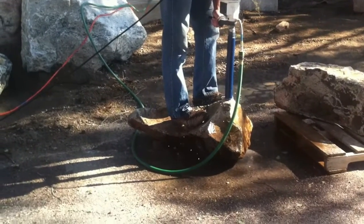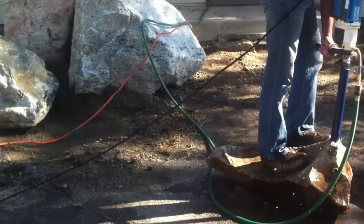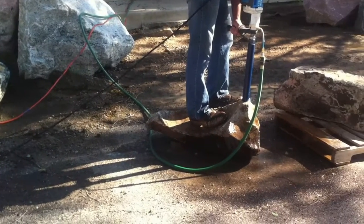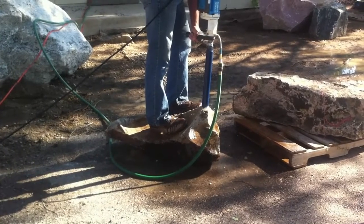Broomfield landscape contractor, Dad's Diversified. Here in Windsor, Colorado, we're at the Pioneer Sand and Gravel. Today we brought up a couple of Apache boulders that we're going to install into our client's backyard in Broomfield,